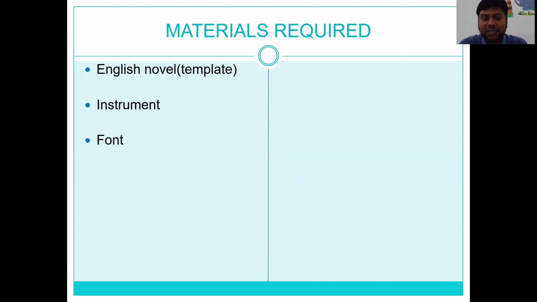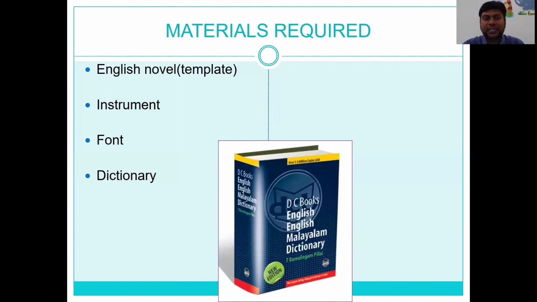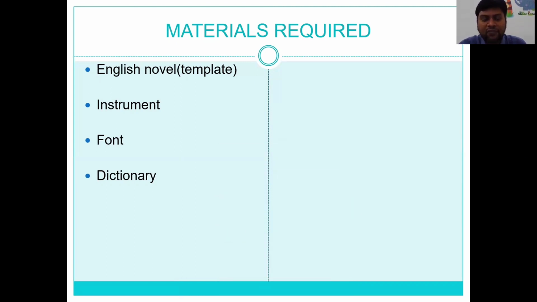Next, though you may know both languages, though you are good at both, we may not get the exact equivalent word for certain English words in Telugu. So where can I get those words? Yes, from the dictionary. So the next requirement is the dictionary. And finally, we need a few miscellaneous things like time, patience, etc. So these are the materials required for normal translation.